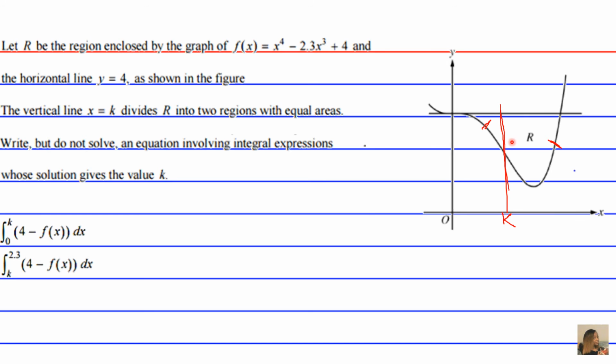Now, in order to ensure that these two regions are maybe not visually, but mathematically, quantitatively equivalent to each other, you just set these two expressions equal to each other, okay? So the final answer is going to be the integral from 0 to k of 4 minus f of x dx equals the integral from k to 2.3 of 4 minus f of x dx. All right? Even if you're a little uncomfortable with this, just take your time with it. And when you encounter more problems like this, you'll